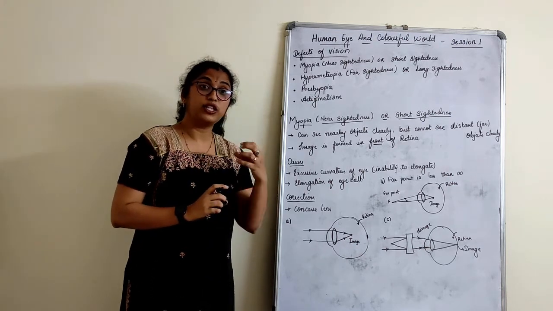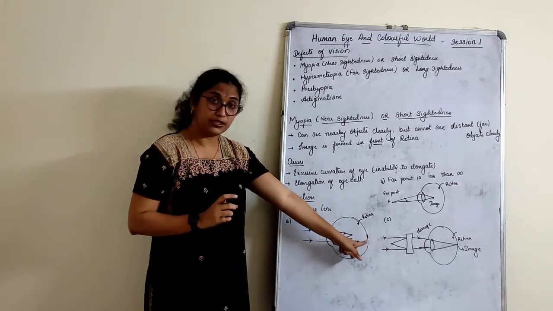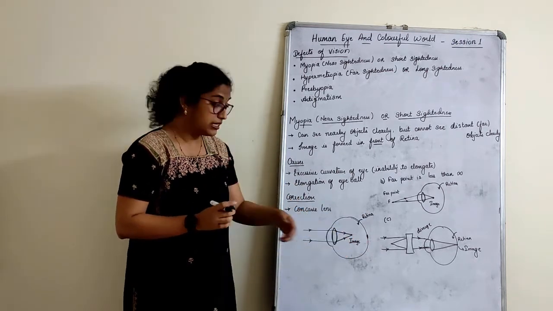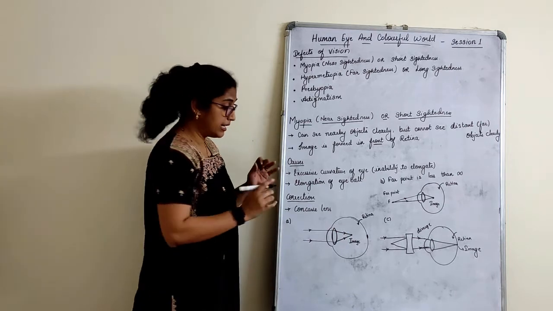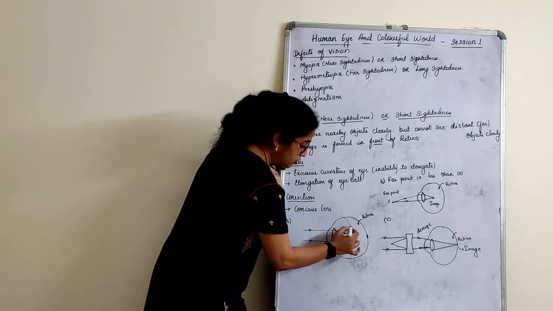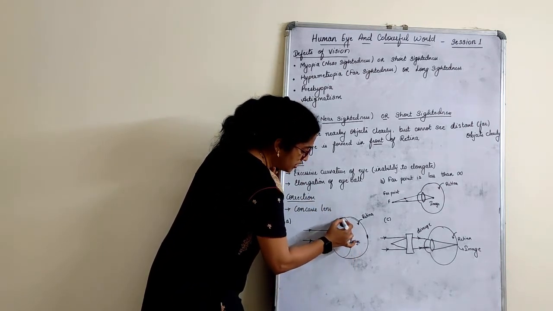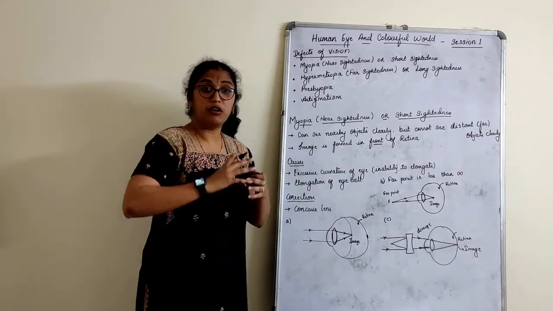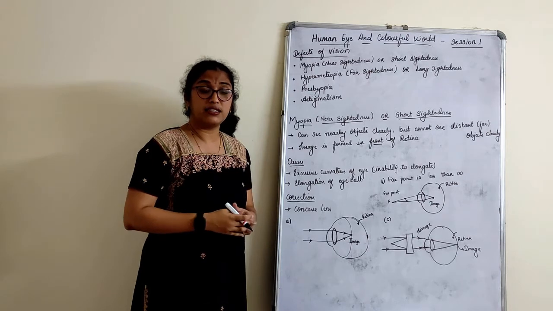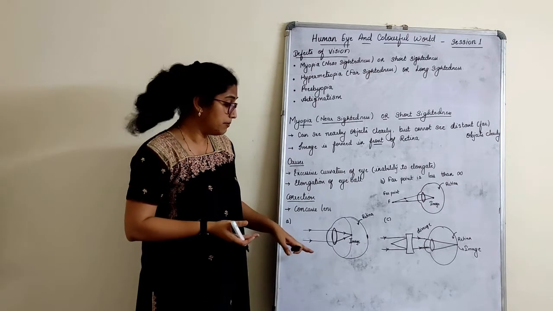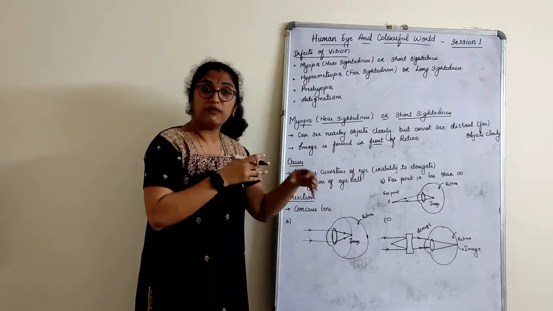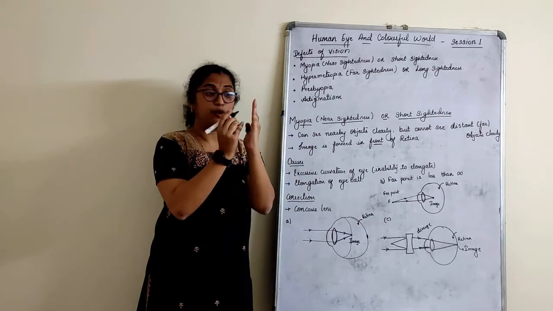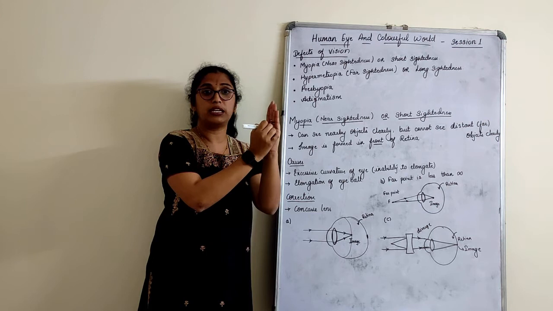Where was the image supposed to be formed? Here. But where is the image forming? Here. See, it is not the fault of the eye. Our eye was this much only. So, assume that my eye was only this much. But due to elongation, the eyeball has increased its size. So what will the image do? The image is doing its work correctly. The image thinks this much only has to be the retina point, and I have to come and focus here only.